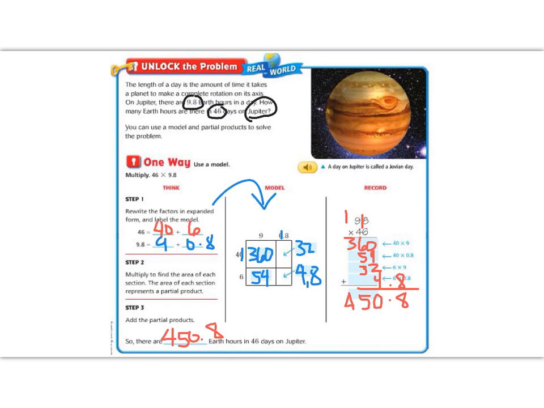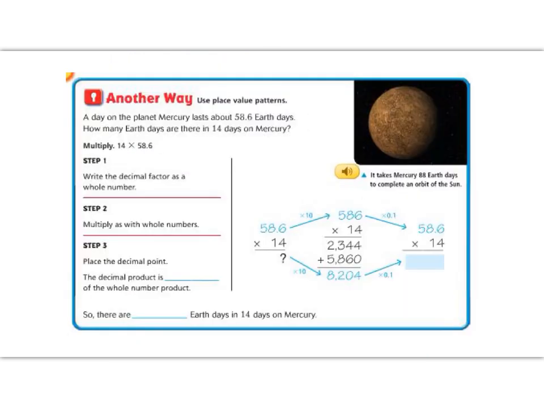Great job! Let's continue on with the try another way. In the try another way, we're going to use place value patterns. We use this same method in the lesson previous to this one. So we are going to multiply 58.6 Earth days times 14 days on Mercury. So we're multiplying 14 times